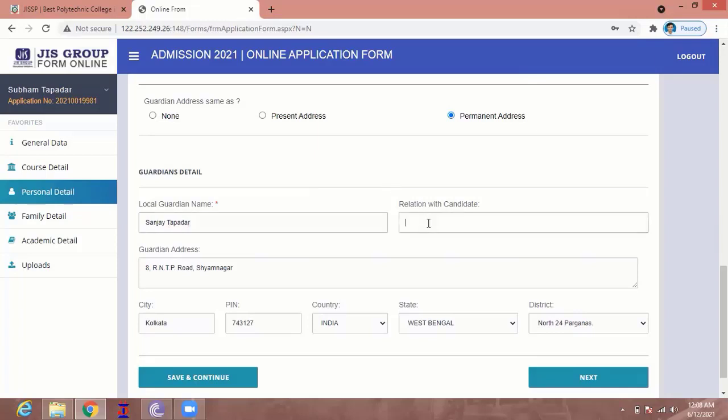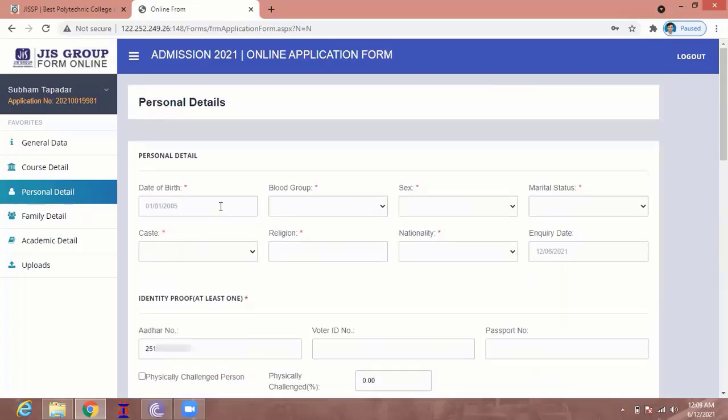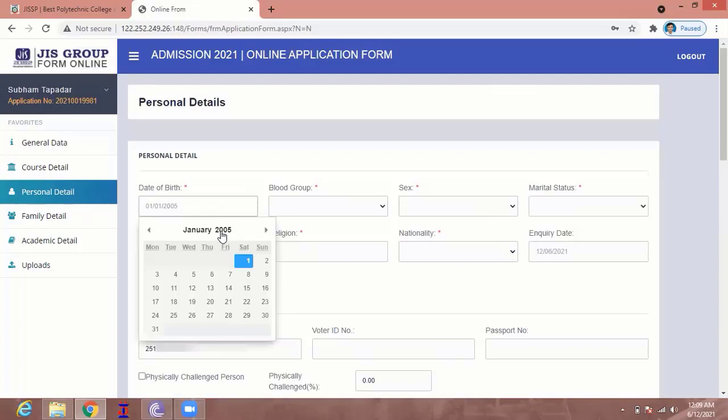And you have to put the relationship. So I am putting the relationship with candidate, that is me. Here you have to put the date of birth.